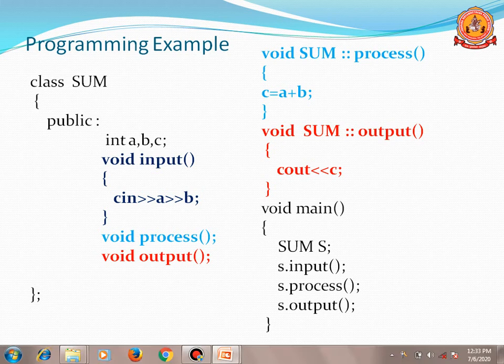Based on this, you have to write one or two programs. Adding two numbers I have written already; take multiplying two numbers and subtracting two numbers. Take two programs and convert them into inside and outside. You should write one function inside, one function outside. You should write like that. One is inside, one more is outside.